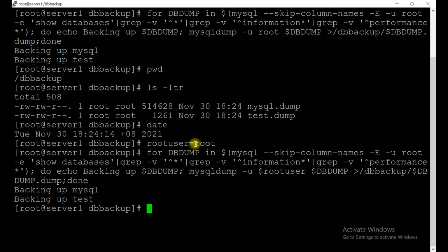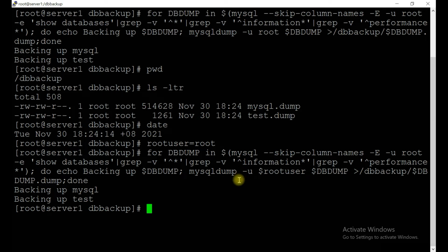Let's say you want to take backup using another account, so you can specify. You no need to mention it at this location; maybe inside the script it is mentioned in hundreds of places, so you no need to make changes at hundreds of places. You just need to mention it at the variable side, then automatically it will take all the values. Okay, this is the benefit of defining the variables.